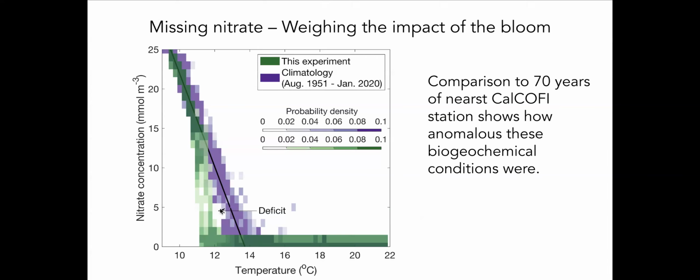The range between about 11 degrees C and 14 degrees C has a way different distribution of nitrate with temperature. And the nitrate goes to zero at a level that's much colder and thus much deeper than the previous 69 years of data showed. This is a quarterly or less climatology, so it's easy to miss events like this. But the point is that there are no observations over the 69 years that showed such a major perturbation to